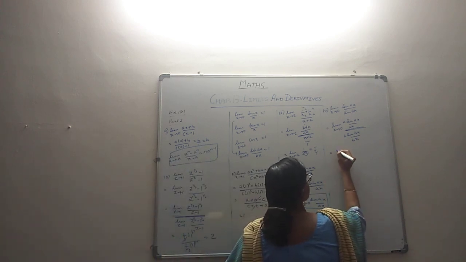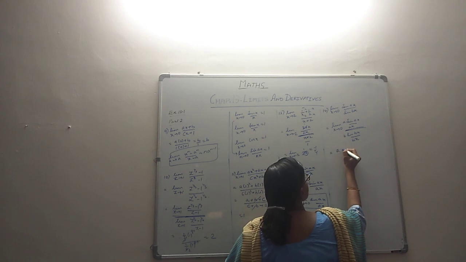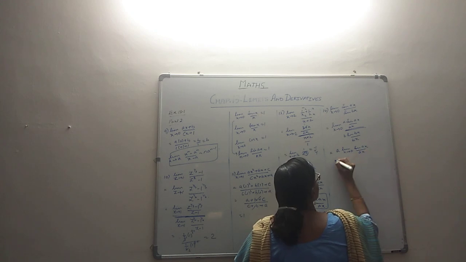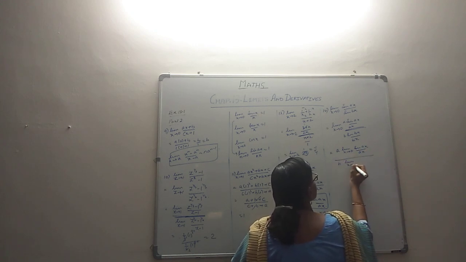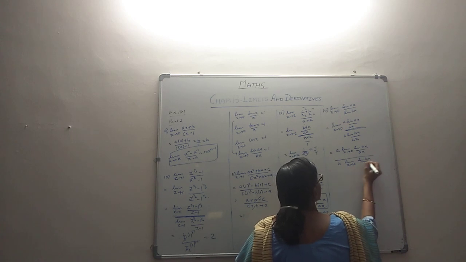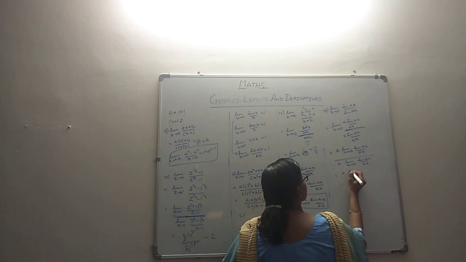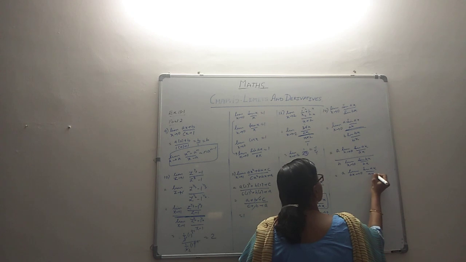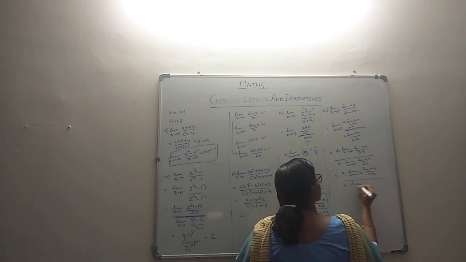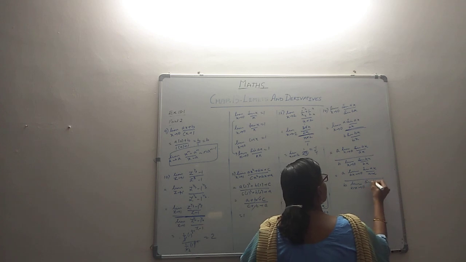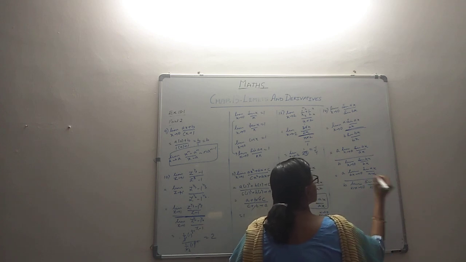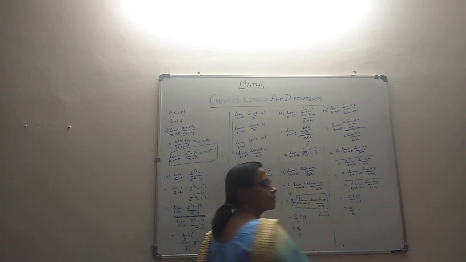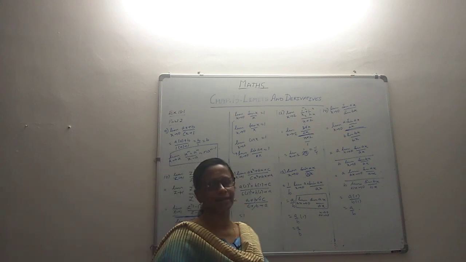We'll also write this as a times limit as x tends to 0 sin ax by ax, and b times limit as x tends to 0 sin bx by bx. We observe that limit as x tends to 0 is as good as limit ax tends to 0, because that's how it will happen when something is multiplied. So we write it in that desired form and we are able to apply the result. So this becomes 1, this becomes 1. So it's like a into 1 over b into 1. Here the answer is a by b. Right? So just jugglery and then getting problems like this.